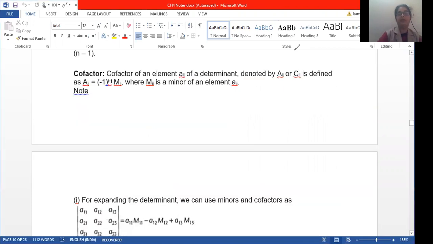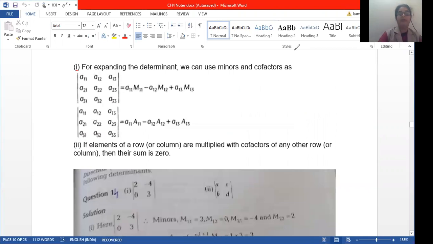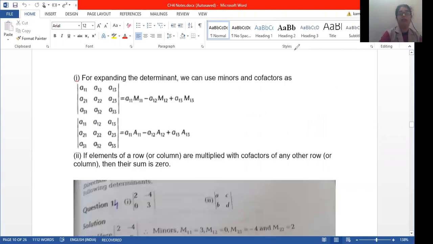This is only explain. One more thing I will tell you. Just see, how can you calculate the determinant of any determinant? Either by expanding, or if you know the cofactors and the minors, then you can also calculate it directly. Just see a11 times M11 minus a12 times M12 plus a13 times M13, or a11 times the cofactor A11 minus a12 times the next cofactor A12, plus a13 times capital A13. Clear? So it is one and the same thing.